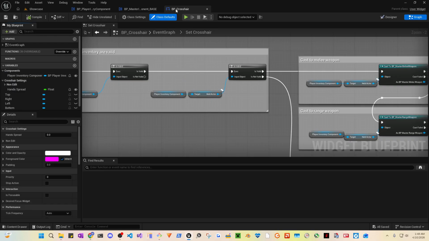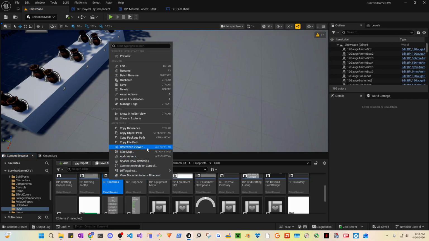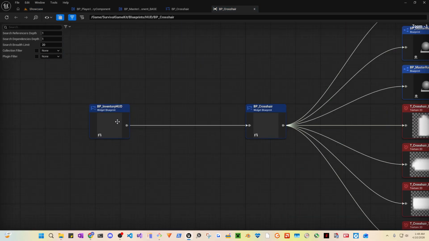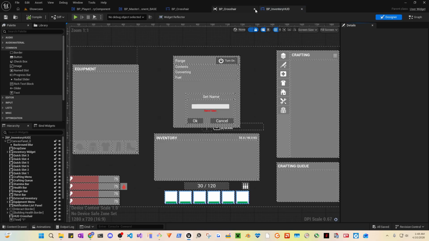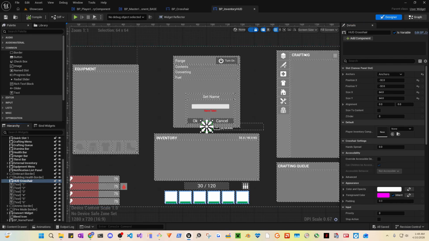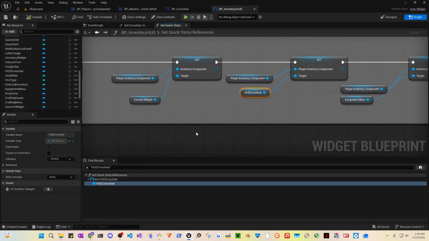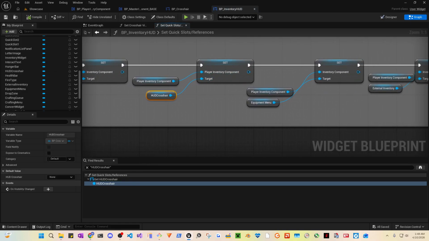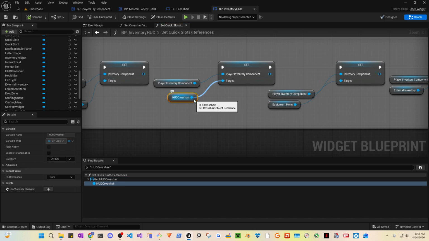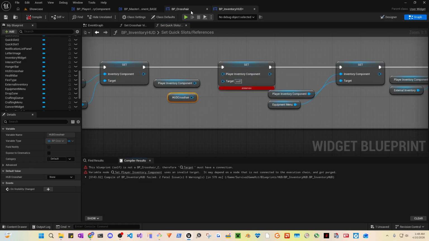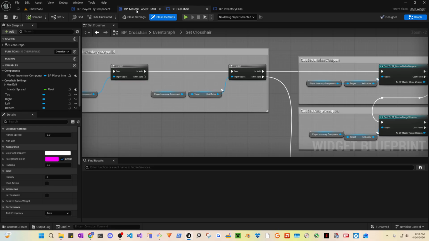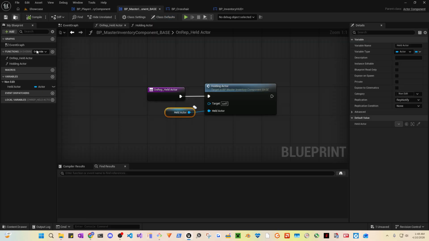Now I have to see which class is referencing this Crosshair here. If we go to reference viewer, I see this inventory HUD is referencing that. Let's try to find it here, this one, and find it there. There you go. We are sending it here, right? Now what I can do is uncheck this, uncheck that, change the reference to the newly created base, which is this,